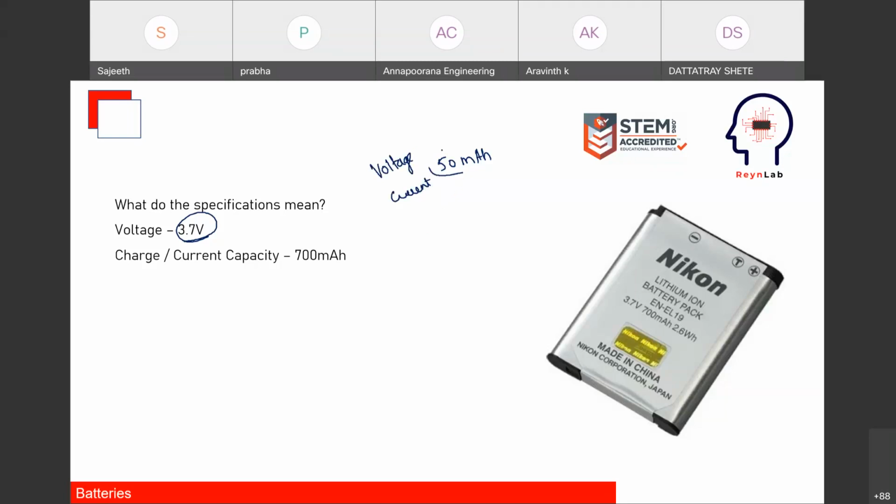Capacity is something like, for those of you from the mechanical side, if this is getting too confusing, this is how I think of it. You can think of capacity as liters. How many liters of water can you store? That is capacity, and current is the water which is flowing. You can think of this as a valve. You could have 50-liter capacity, but if you open it and water is going out at the rate of 10 liters a second, then in 5 seconds you have used it up. So I basically try to think of it like that.